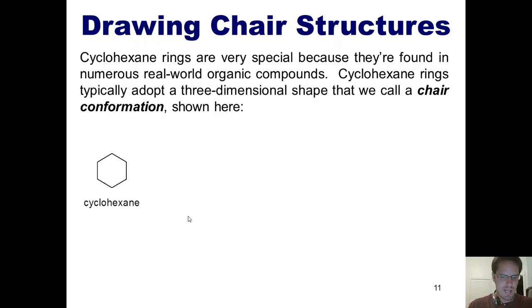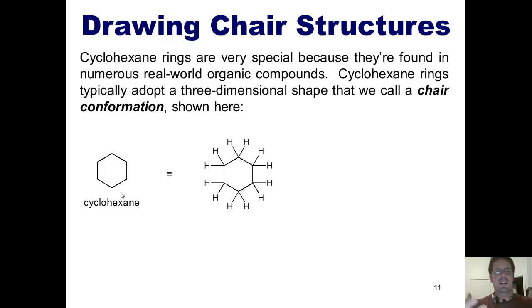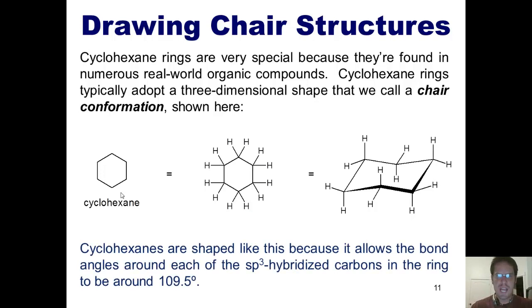So if we look at cyclohexane, which we can draw as a simple line bond structure shown here, we can acknowledge that if we drew out every one of its attached hydrogen atoms, it would actually look like this. That's a lot of hydrogen atoms. Now, what I want to tell you is this. If we were to actually build a real three-dimensional model of cyclohexane using an organic chemistry model kit, for example, and you were to tilt that model on its side and look at it from the right angle, it would look something like this. Cyclohexanes are shaped like this structure three-dimensionally because being shaped that way allows the bond angles